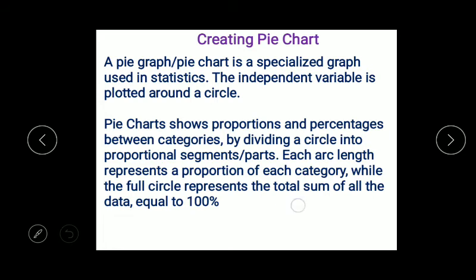That means here this is the whole value, that is equal to 100%. If this is your center and we take this pie shape or this arc, then this will be one category and this will be the second category, the third category, and the fourth category. Category 1, category 2, category 3, then here category 4. If you add all these 4 categories, it will be equal to 100%, where each part represents some percentage.